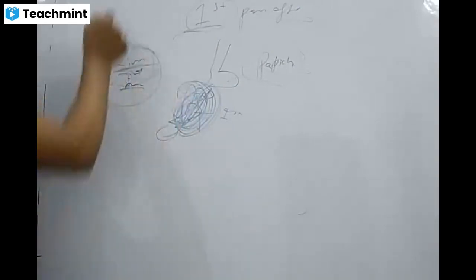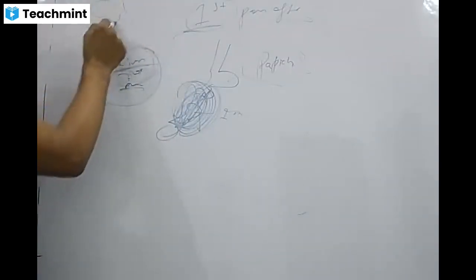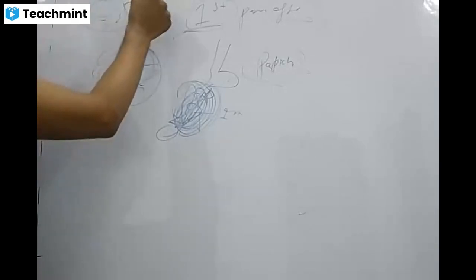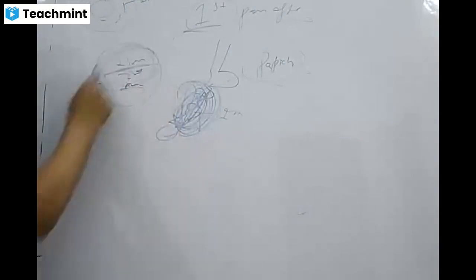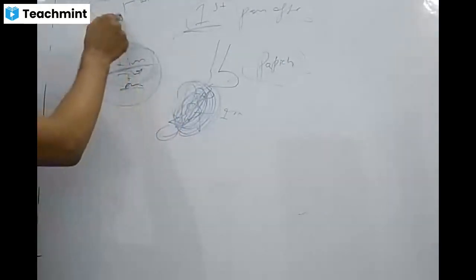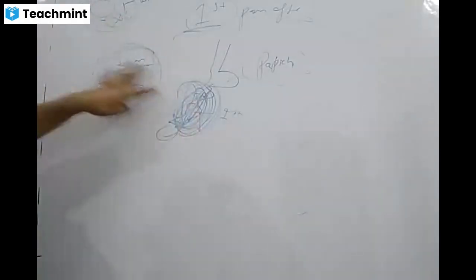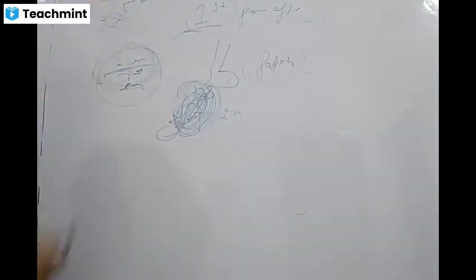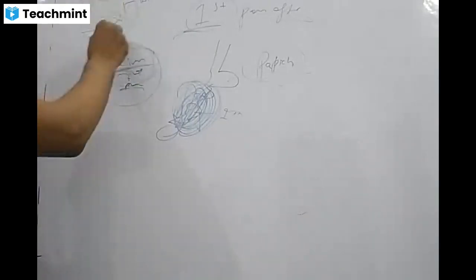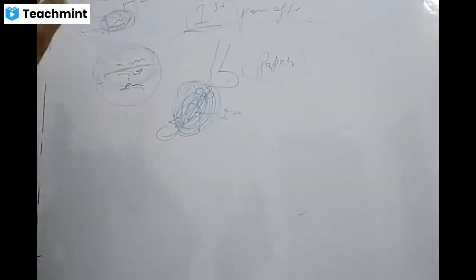And because of that degradation, what will enter into circulation? That will be your bioavailability. If it destroys 20%, 30%, it will reach 50% here. So whatever the first pass effect is, it will affect bioavailability, because these 50 molecules are responsible to produce action